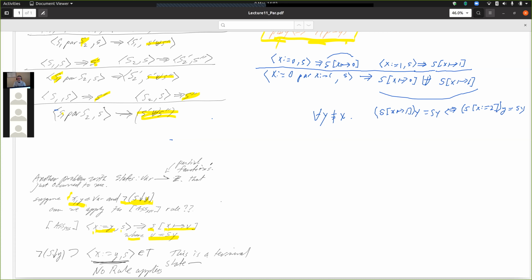Because that's the definition of what it means to do the pointwise function update. So I don't know, that's one way to solve this, is to try to essentially push it into the semantics and deal with trying to glue together two different states. Now, you could write a lot more rules, and